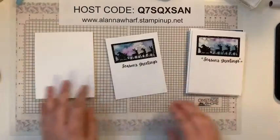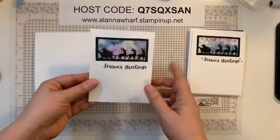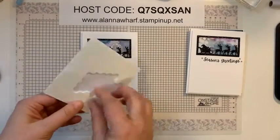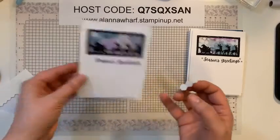All right, so now it is super easy. This card comes together really quickly. I probably even moved it too high up, but that's okay. I can always fix that again later. I just won't make you guys watch me fix it. Now I have white dimensionals, so I will attach this layer, the 4 by 5 1/4 layer,